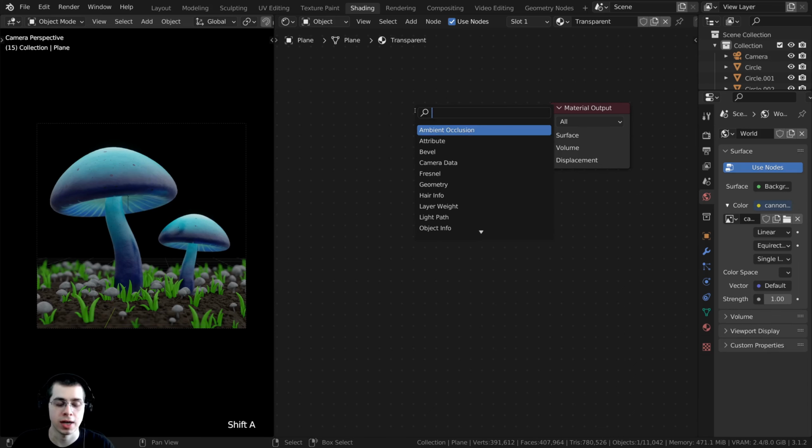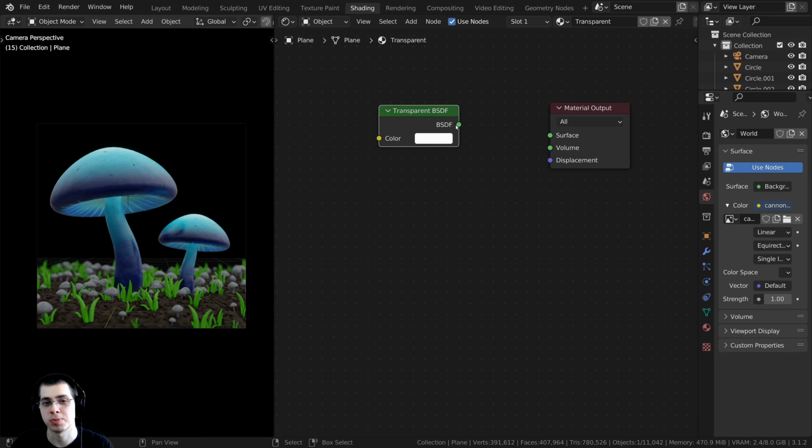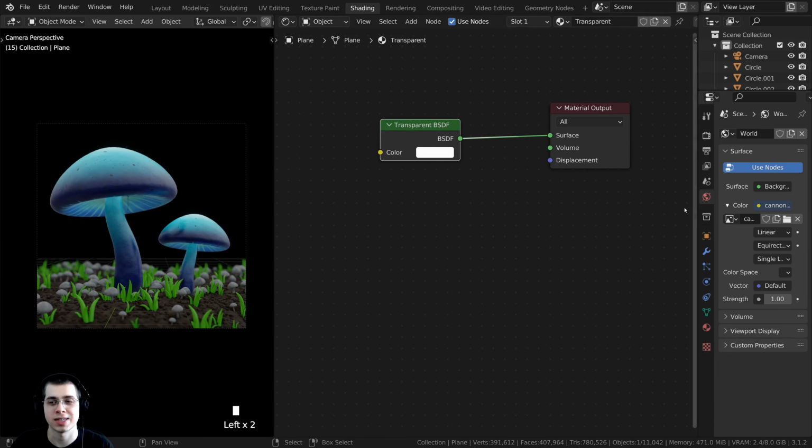I'm going to press Shift A. Let's go to the search, and I'm going to search for the transparent shader. Let's plug the transparent shader up to the surface. Now we can't see through that, and that is because we are in Blender Eevee, so we need to go